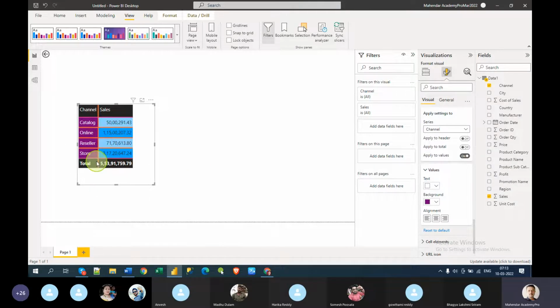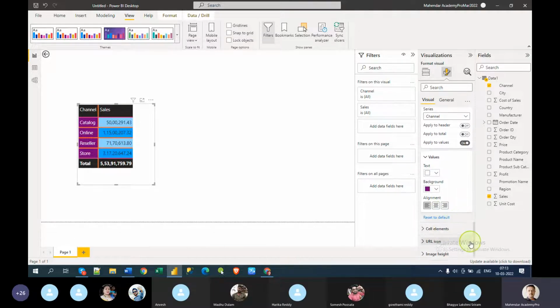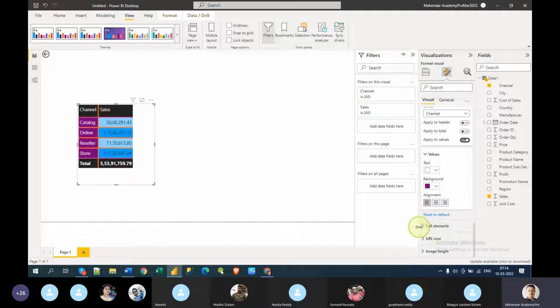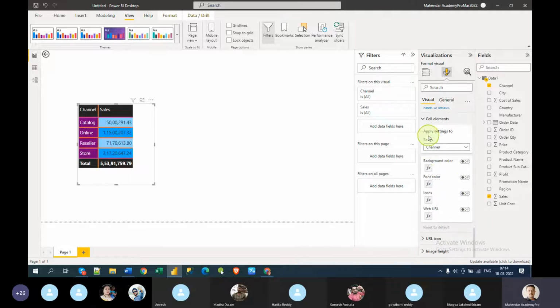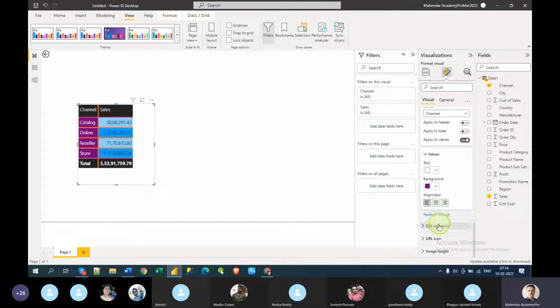So this is changed. Now the alignment: center alignment, left alignment, right alignment. This is how we can do that. And cell elements, like background color, we will talk about later. This is just conditional formatting. Okay, we will come to that part. We will go a little deeper, and then we will come to that part.